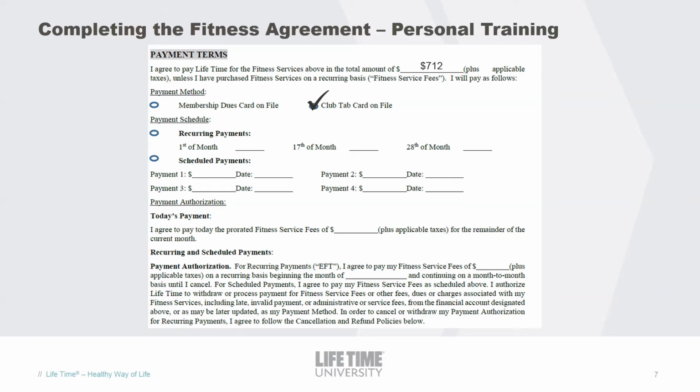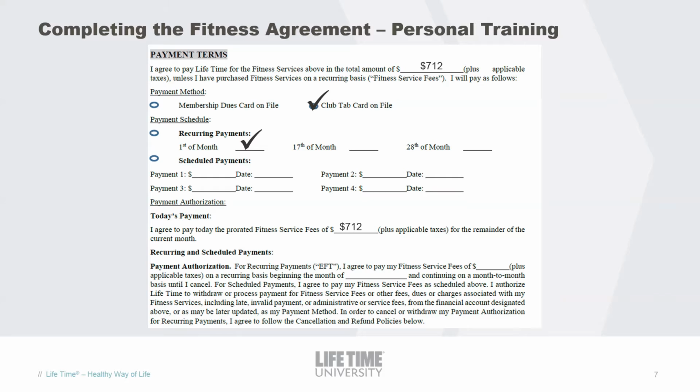There are some instances where the 28th of the month makes sense in order to balance out sessions or to transact a payment in that month. With today's example being on September 9th, we will select the recurring payment to be on the first of upcoming months. Under payment authorization, today's payment will be $712, and then to reinforce the recurring and scheduled payment, the member